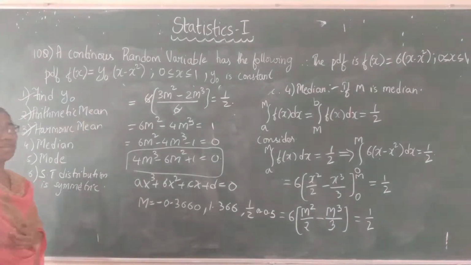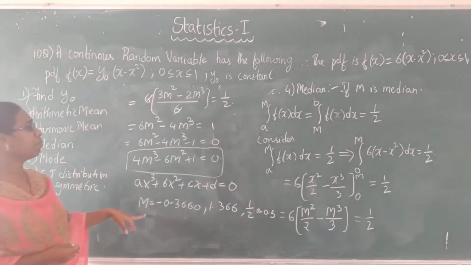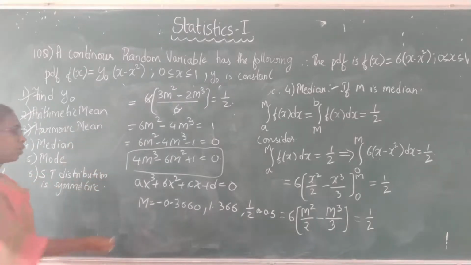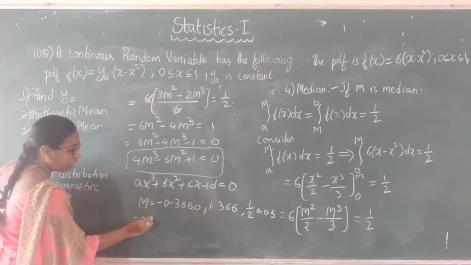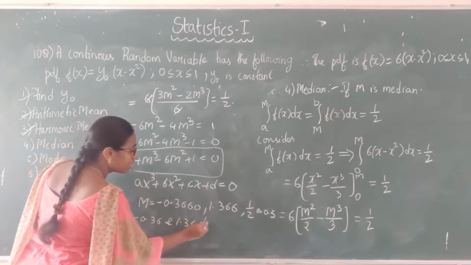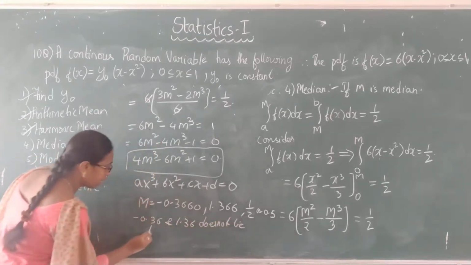So m is a median, right? So median means nothing but it is a limit value, right? So your median should lie between the given limits, that is 0 to 1. So here minus 0.36 and 1.36 does not lie between the